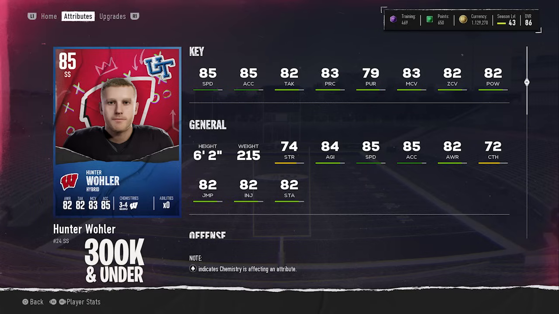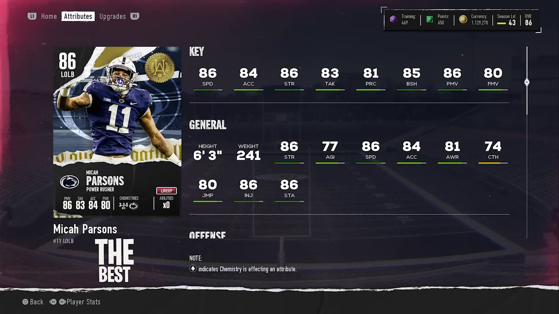And then we get to our best players to user in the entire game, and we'll be updating this list as the year goes on. Your first option is going to be Micah Parsons, Ultimate Alumni card, 86 overall outside linebacker. I think he's better off used as a pass rusher. You get the 86 speed with 86 strength, 86 power move, 85 block shed, 80 finesse move. But just strictly from a user standpoint, he's one of the fastest cards on defense in the game, and he's